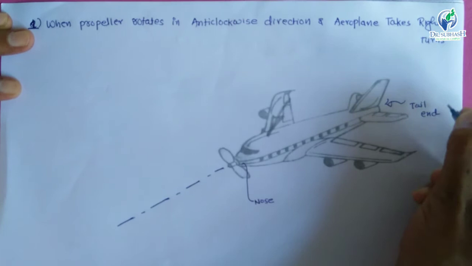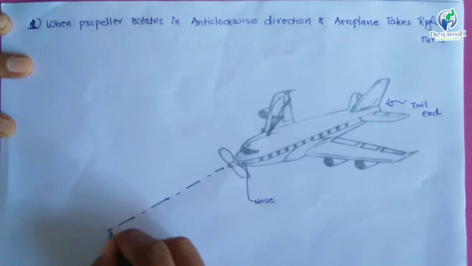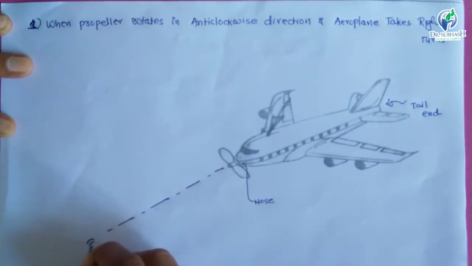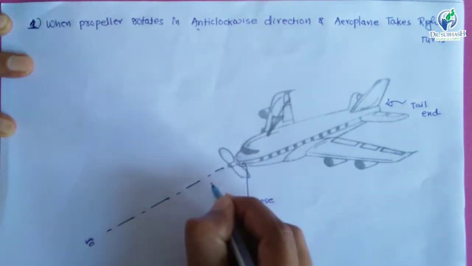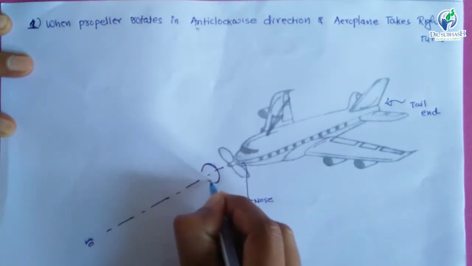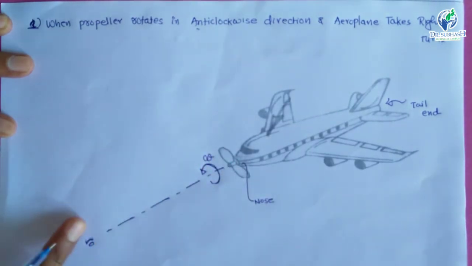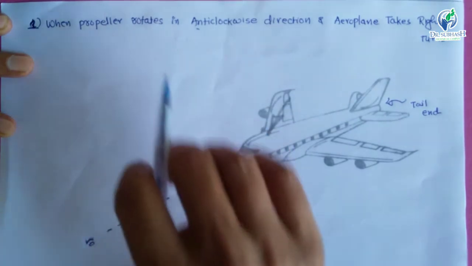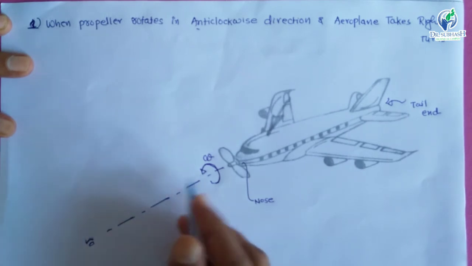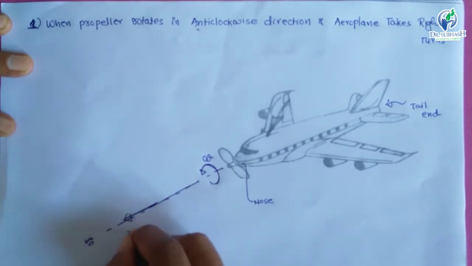So when we see from the nose end, it is the front end or nose end. If we see from this end, then we assume that our propeller is rotating in the anti-clockwise direction with angular speed omega. So this is the direction of rotation of the propeller. By using the right hand thumb rule we can represent the axis of spin. So in a simple way we can say that this is the axis of spin,